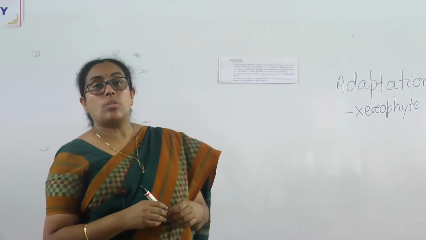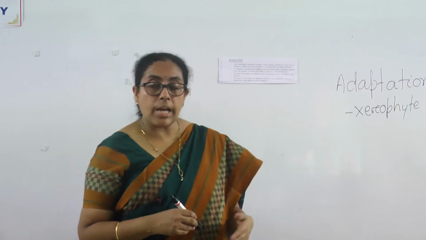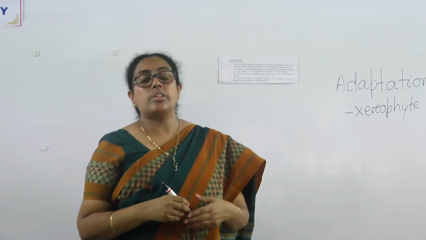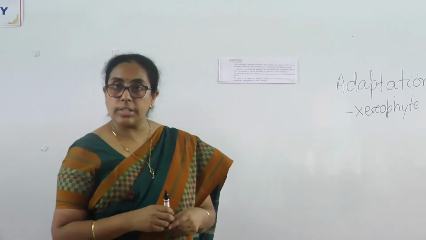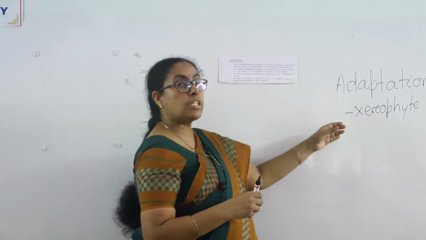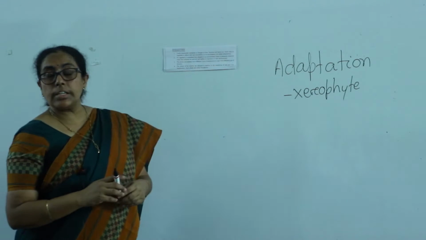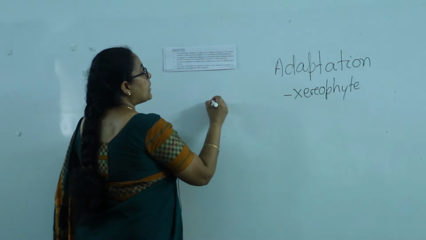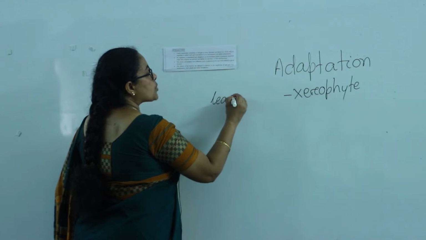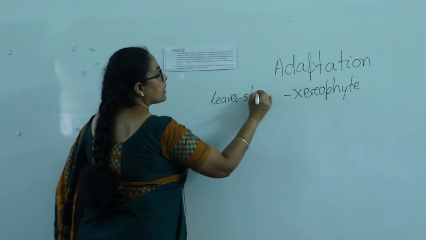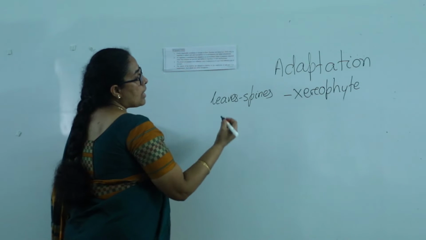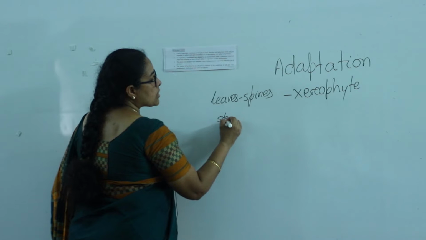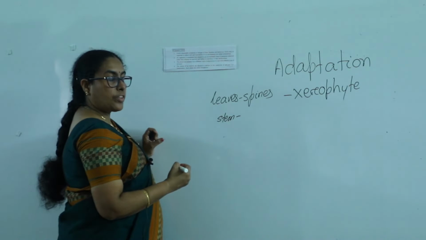That adaptation, when they adapt to a dry environment or dry habitat, is called xerophytic adaptation, and the organisms are called xerophytes. These organisms have some specific characteristics, like the leaves are modified into spines. The leaves are modified into spines, and you will find that the stems show certain specified modifications